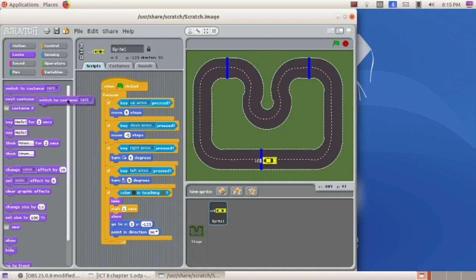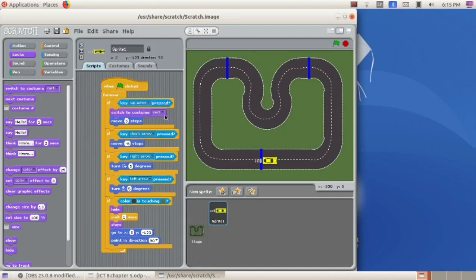Click and drag it and place it here. That means if the up arrow key is pressed, the costume is changed to car 1. That means car will be changed to car 1, which is the car with the smoke bubbles. Then it will move 5 steps forward.